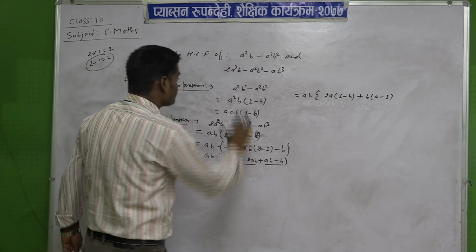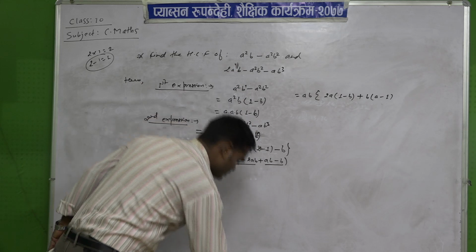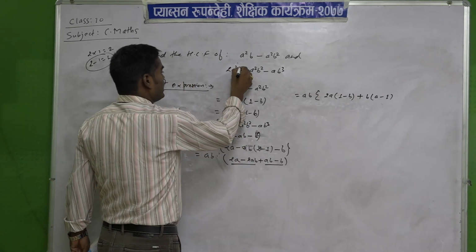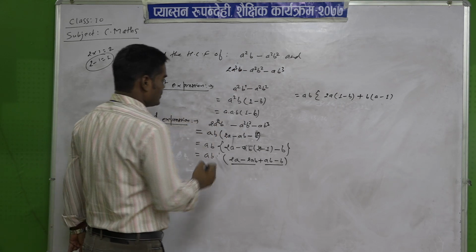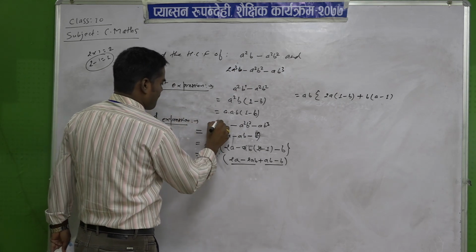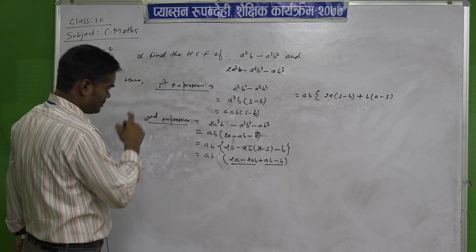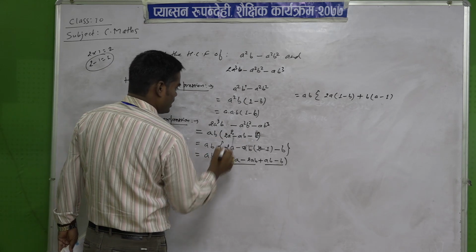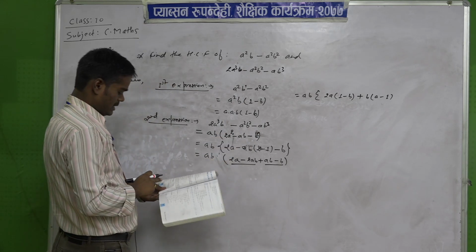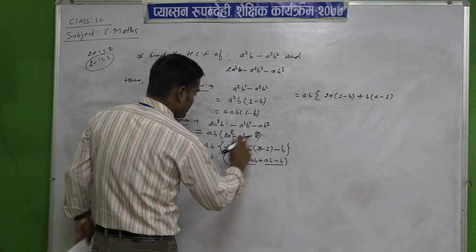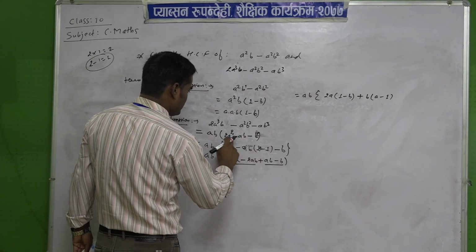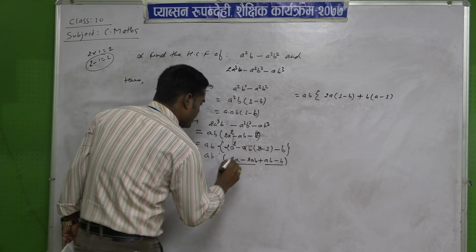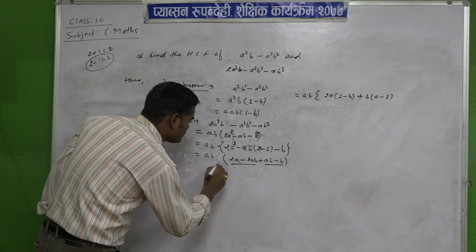2a cube, a cube b. So here is a cube. A cube means how much common? A cube, b cube. Ab is common, means a square, and then b is common, so a square, ab, b square. Here a square. So how much common here?